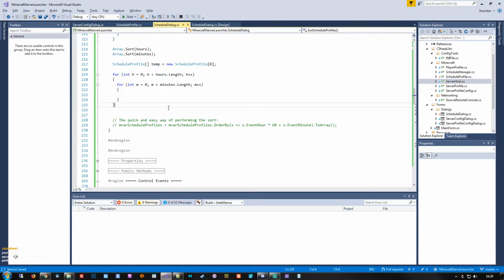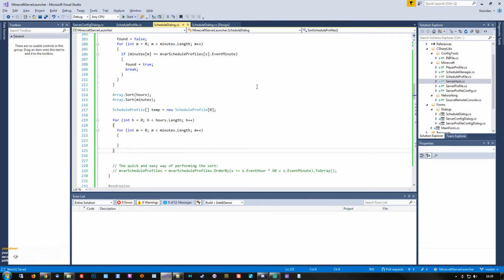Exactly. So, all right. In terms of, how should I put this? In terms of keeping